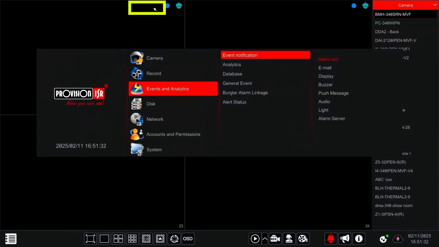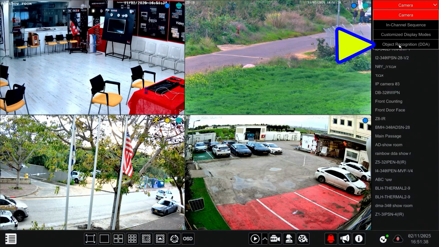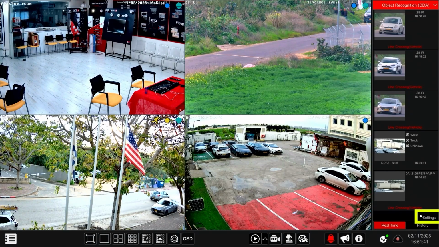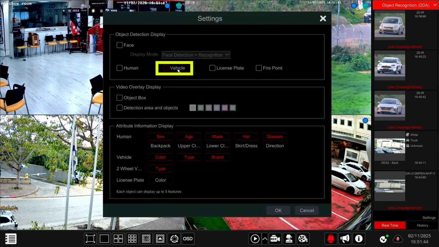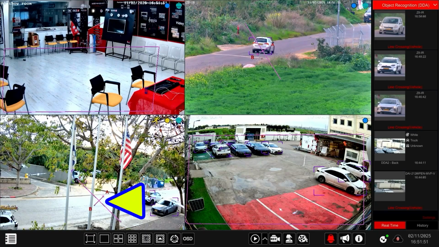Switch to Live View and select the four-camera layout to observe the full-screen pop-up when a two-wheel vehicle crosses the line. To view events detected by all cameras connected to the NVR, change the right-hand panel to Object Recognition mode. To display the rules configured on each camera, open the Settings panel at the bottom of the screen and enable Video Overlay. This allows you to show bounding boxes around detected objects and display each detection rule in a specific color. With the rules and bounding boxes now visible, it becomes easier to understand which objects the camera is detecting